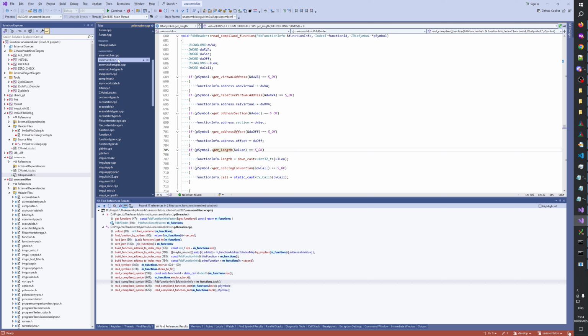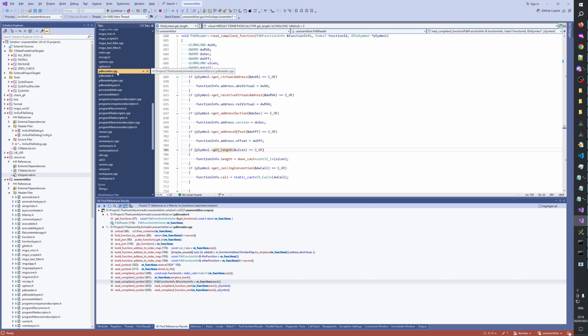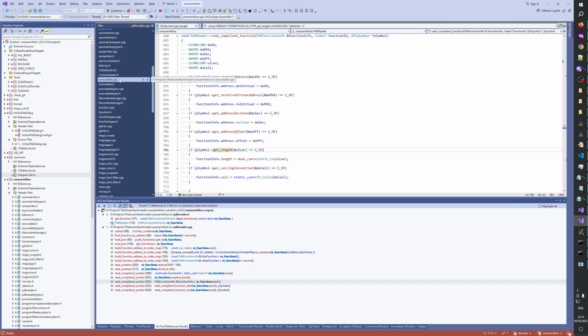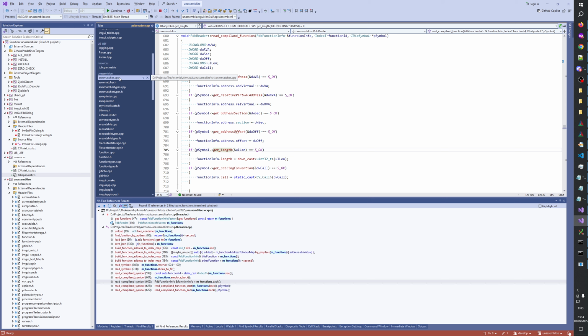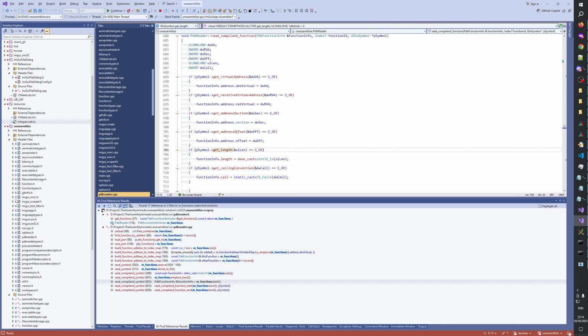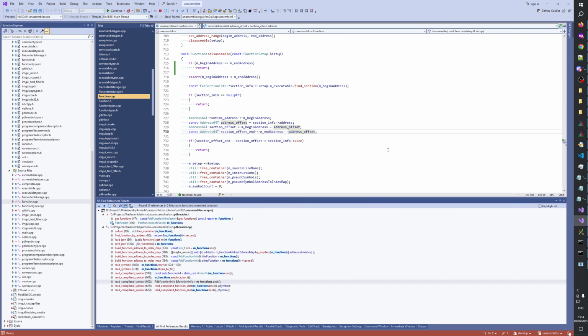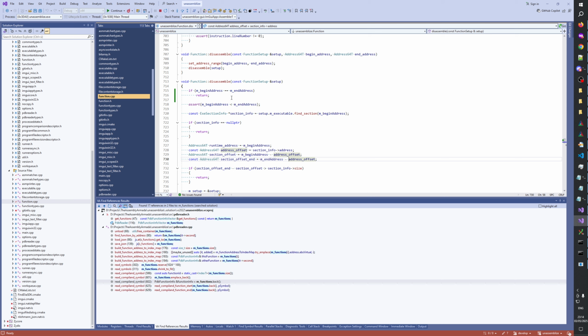It would have to be in ASM. Oof. I forgot. Executable function, right? Function. Yeah, here. Disassemble, yeah. And then we would say